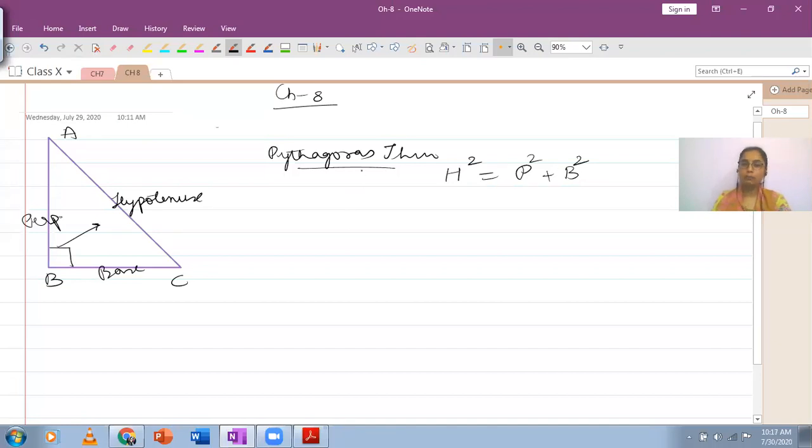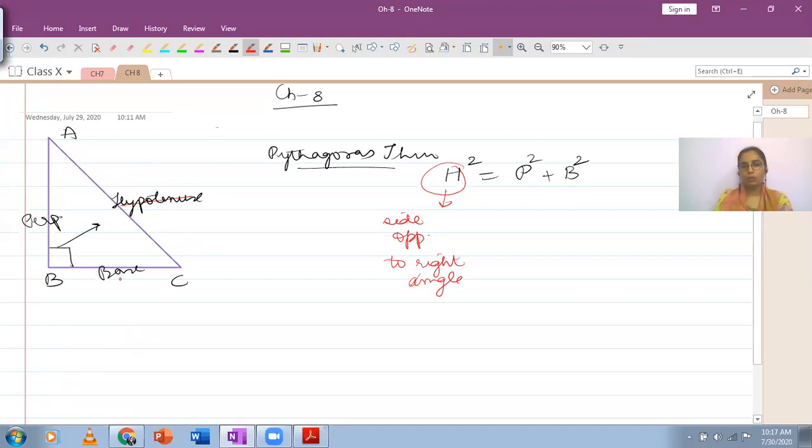और earlier जब आपने Pythagoras theorem use की है right angle triangle में, it does not matter आप कौन सी side को perpendicular ले रहे हो, कौन सी side को base ले रहे हो. Only thing that matters is that hypotenuse is the side opposite to right angle. This should be taken correctly. अगर आप ये गलत पिक कर लोगे तो आपका सारा सम गलत हो जाएगा. राइट एंगल के ऑपोजिट वाली साइड को हाइपोटेन्यूज लेना है और बाकी दोनों साइड्स में से आप किसी को भी परपेंडिकुलर बोल सकते हो और किसी को भी बेस बोल सकते हो.